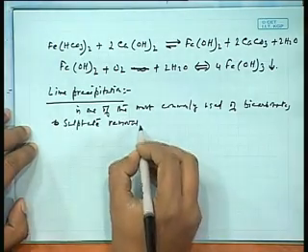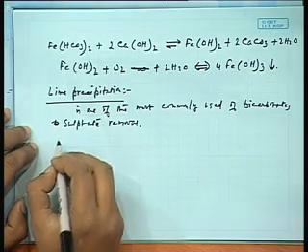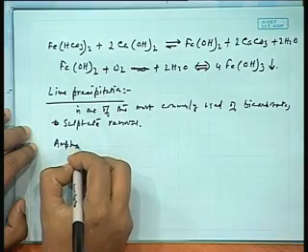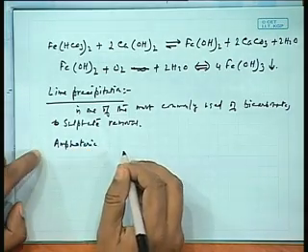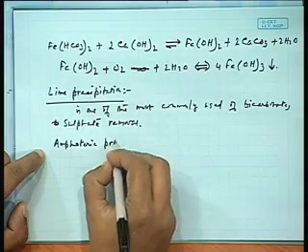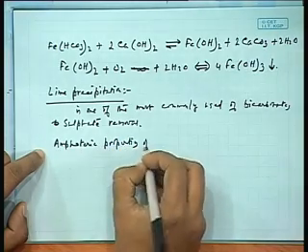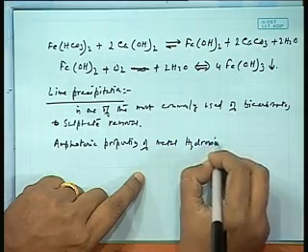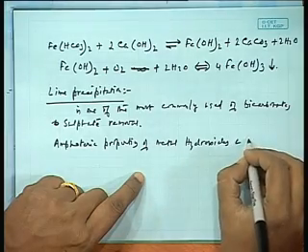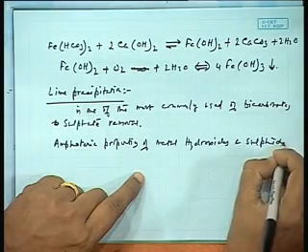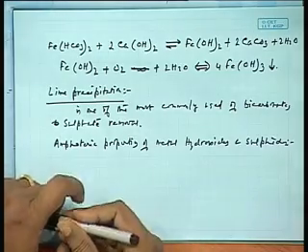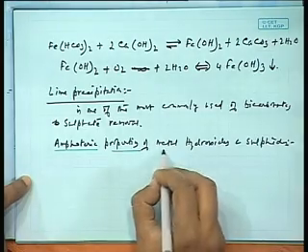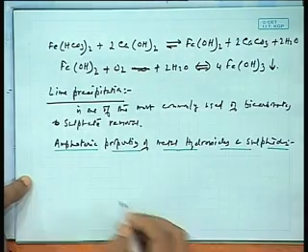What happens here is, one very important thing, one important property, is what is known as the amphoteric properties of metal hydroxides and sulphides. It is of great importance. Please underline this: amphoteric properties of metal hydroxides and sulphides. What happens is